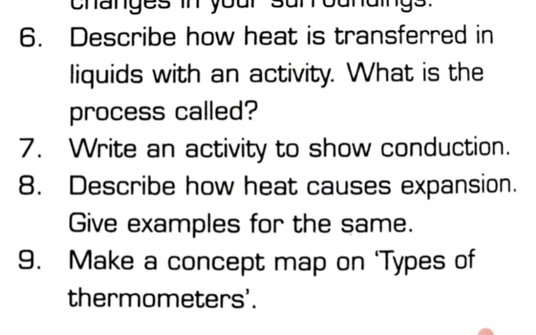Next you have to give an example for this. So you can write about the gaps between railway tracks. As you know, there are gaps left at the joint between two railway tracks. This gap is provided so that if there is thermal expansion, if there is an occurrence of expansion due to heating during summer, the track will expand and will fill the gap. Otherwise, if there were no gap, the track would bend itself and there may be accidents.